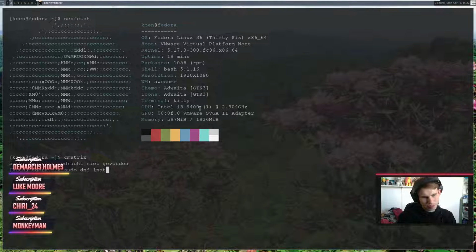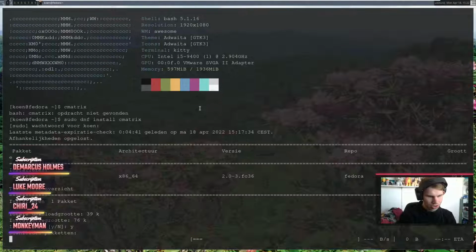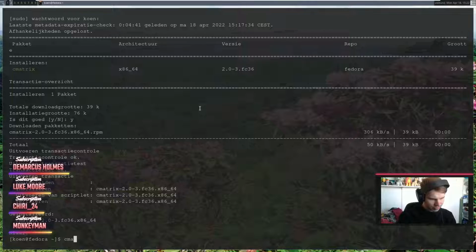But, other than that, let's have some fun with a little cmatrix. Other than all of that, honestly, I am quite happy with what we've got so far. It's a really cool looking system from what I can tell so far. And I'm sure it's going to be freaking awesome to build all of this further from here.